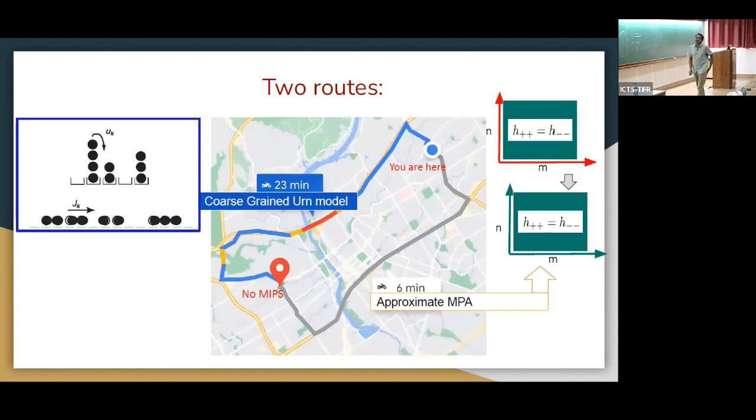Okay, so now what? Because we took it to the ARN model, which could not be solved. The actual model cannot be solved and is only solved for two particles. So now what? What I follow from here is that there are two routes. One route is the coarse-grained ARN model. I take the ARN model and coarse-grain it. The other is to forcibly use this as an approximate matrix product.